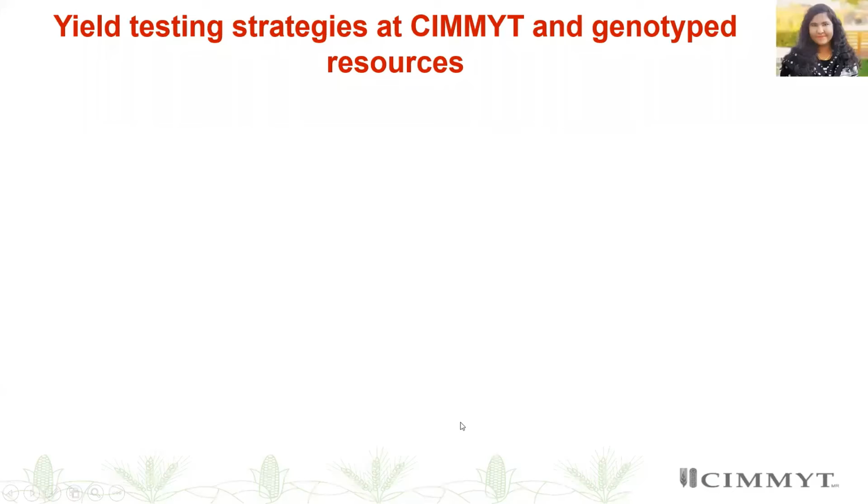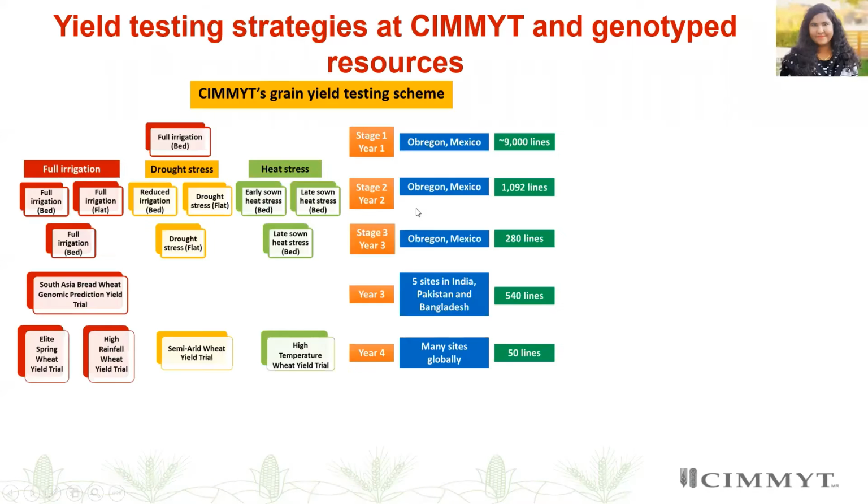To begin with, I'm just going to show a very brief outline of the yield testing strategies at CIMMYT and genotype resources. This is the current grain yield testing scheme at CIMMYT. In the first stage of yield testing, or year one, we have more than 9,000 lines evaluated in full irrigation under the bed planting system in Obregon, Mexico. In the second year, about 1,092 lines that are selected for high grain yield and for stem rust are